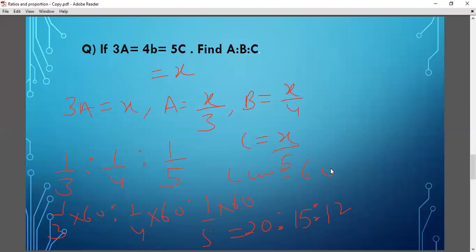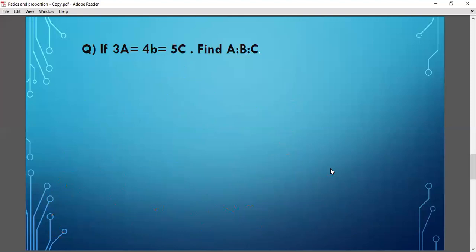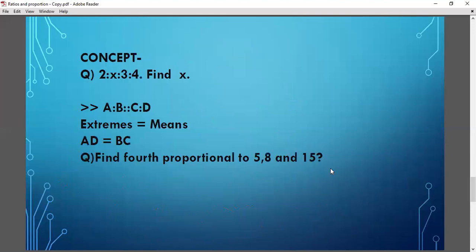So this method is quite easy and nothing confusing is there. Instead of taking two relations together and the last two ratios together and comparing them, where the chances of committing mistakes in those steps are higher and that logical method is not good, you can use this method and directly get your answer.